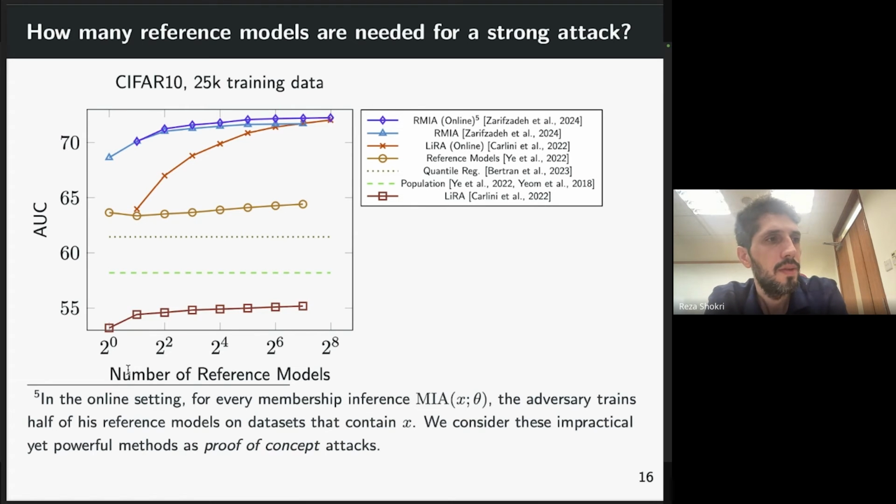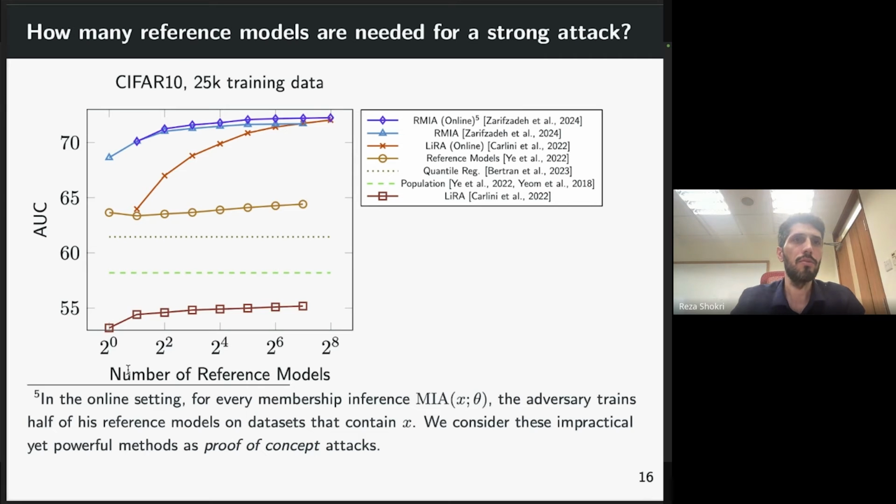There is an interesting setup in the literature, most notably by the work of Nicholas and others, that distinguishes between two settings. Essentially, the setting where these reference models could be trained as a function of the target data points. So you include the data point in the training set of those reference models, and you make the reference models dependent on the query, and this is called the online attacks, so online